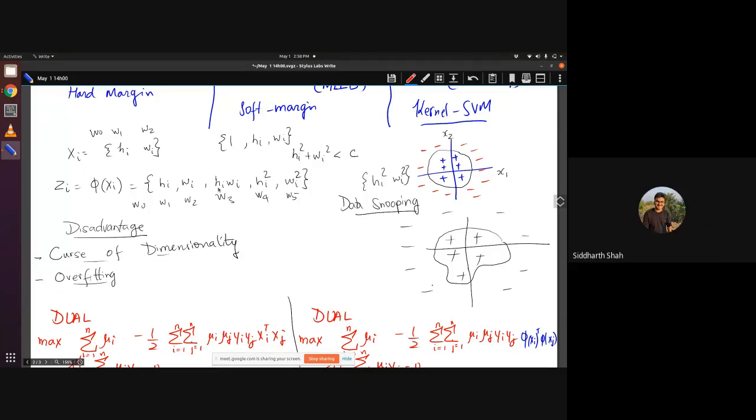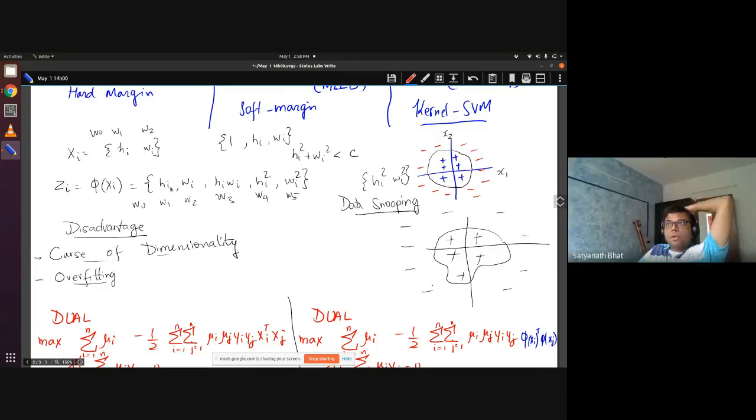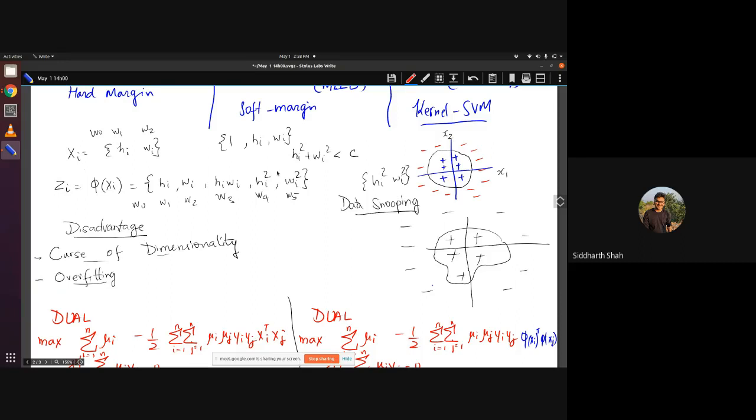Sir, that when we make Zi, then the dimension will be much higher, so it will lead to higher computational costs. Yeah, because whatever your original features were just 2 dimension, now I will have to take all kinds of higher features. That will take time to compute, and also it will become very big, right? So originally, if it was D, and if I take the square features, I will get D square. Correct? Yes, sir, I agree that this is one problem.